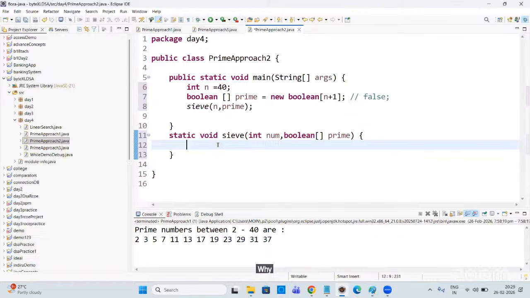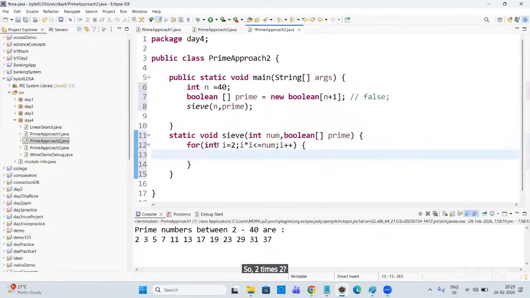Why? Because if you see, I'll come here and write for int i is equal to 2, i times i is less than or equal to number. At that time you increment i. So 2 times 2, 3 times 3, 4 times 4, in that way. If not prime of i,